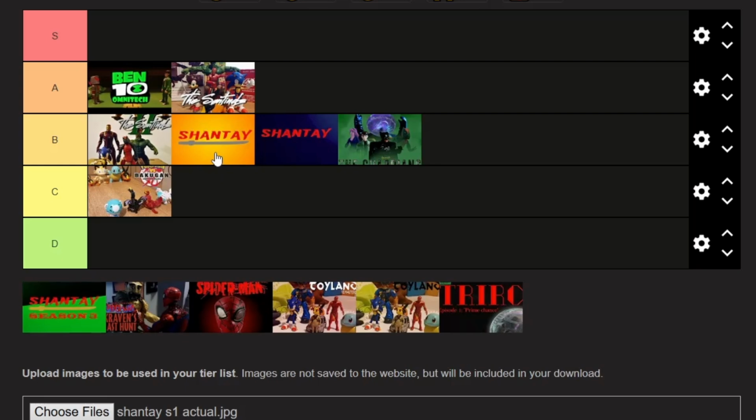I love this city, but the story I told with Bubo being basically a wanted criminal, with Vector coming back to life, with Patch, all that, I do enjoy that. I was looking forward to doing it because I knew that I wanted to do it ever since I made Toyland. So I'm going to put it here, with the potential of it moving up to A tier if I feel like it, but right now top of B tier. I do enjoy Shantae Season 2.